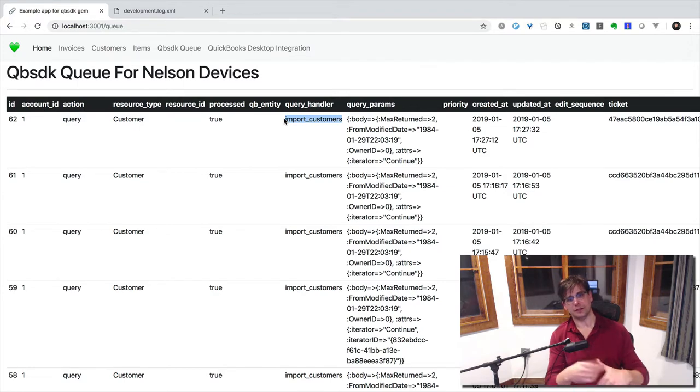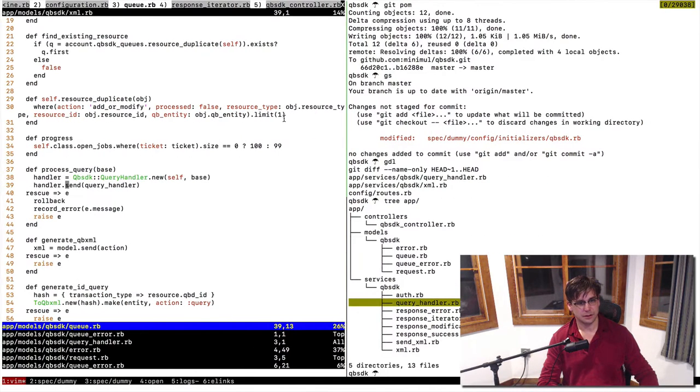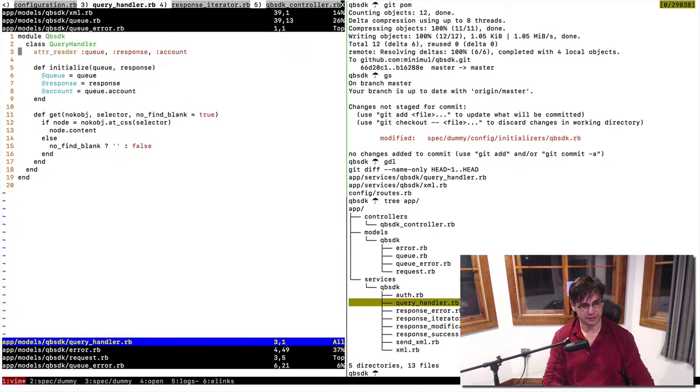So it's a way of giving you that dynamic flexibility of running a dynamic method. So I'm going to be taking these customers, importing them in, and I just want to designate my code. Now what makes this confusing is this: if we go look at query handler, there is no method called